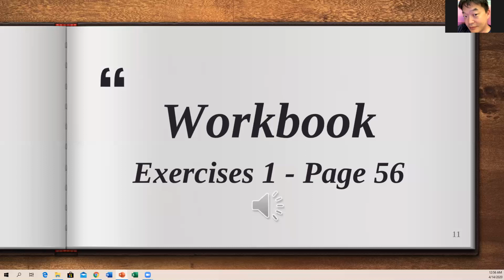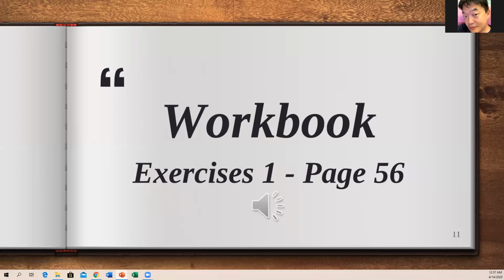Question number four begins with how long, so I want to know duration. So this is the question. How long does it take to go from San Diego to Los Angeles on the 6:45 a.m. train on the weekend? And the answer is 3 hours. Letter C, 3 hours. Okay? So how was it? Did you find it difficult or easy?